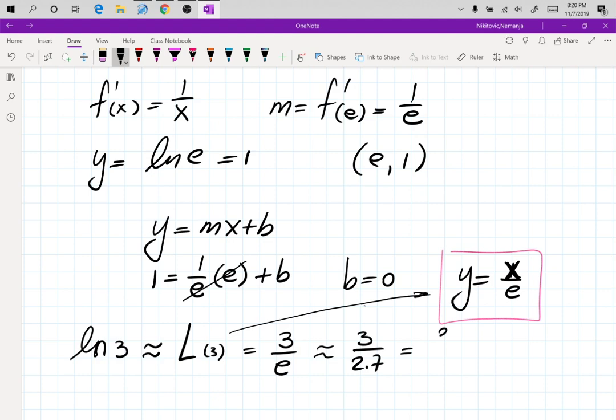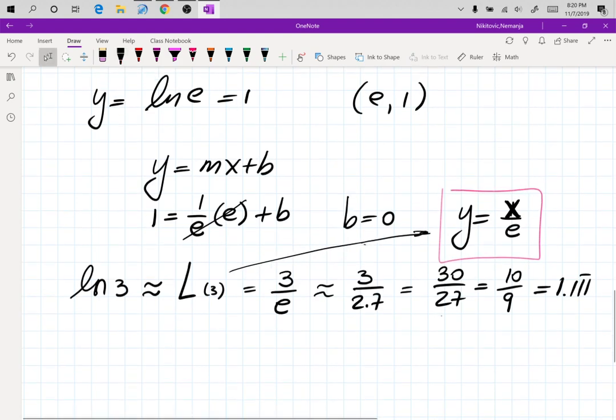Multiply both by 10, that's 30 over 27. Cancel by 3, you get 10 over 9. And that's about 1.111111 if you do your division. So what we calculated here by hand is that ln 3 is approximately 1.111111. Now you take your calculator, push ln, push 3 to check,